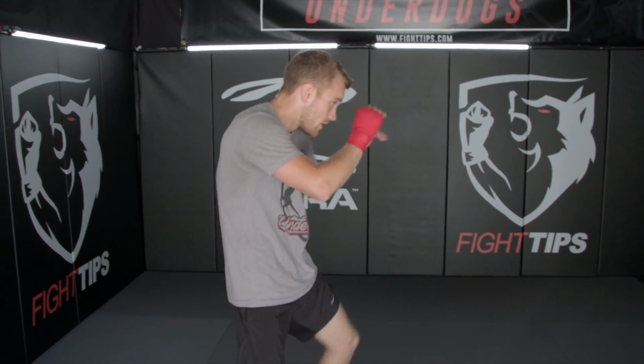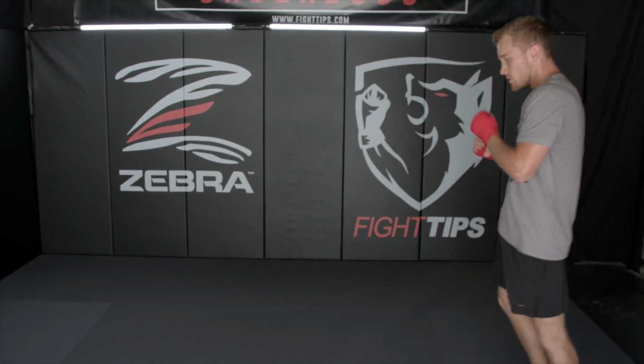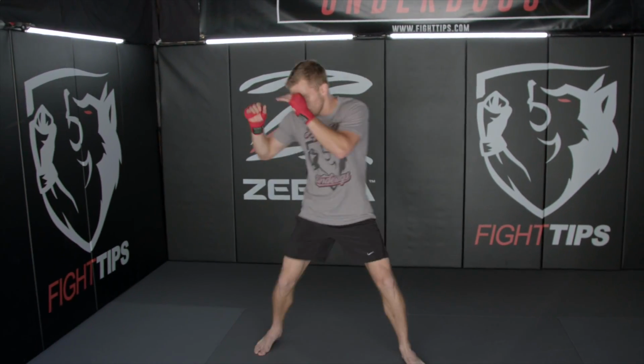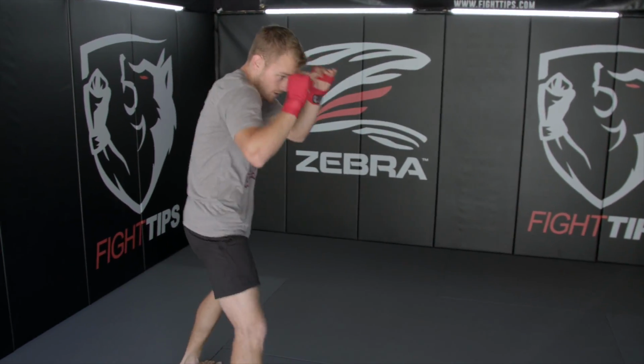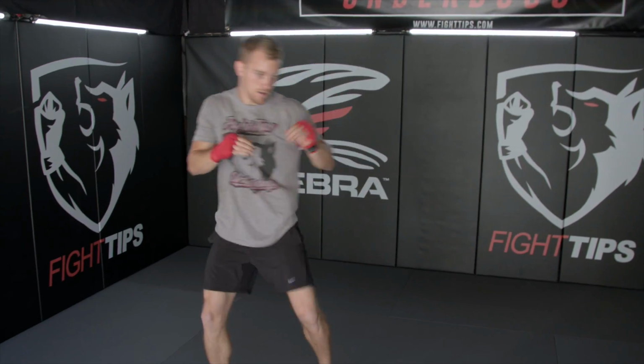Catching my breath on the retreat, hands right back up. Boxing to a head kick that misses, so I follow up with a side kick. Clinch up and knee, redirect, switch to southpaw, start working the teep, that outside kick, again, high body or head kick with the left, switching the stance with that shuffle jab, and right back to orthodox, working the boxing, keeping them away with the teep,